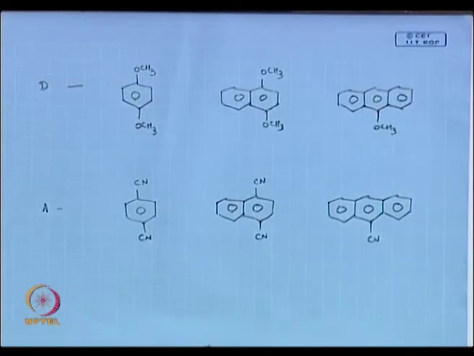See, with this donor and acceptor, it is not only that you are going to irradiate at longer wavelengths, but it changes your reaction completely. You take the same substrate, you do the reaction with a donor, it gives you a different product. If you do it with an acceptor, it gives you a different product. Same reaction, but in the presence of donor versus acceptor, the whole product changes. I will show you one good example for that.